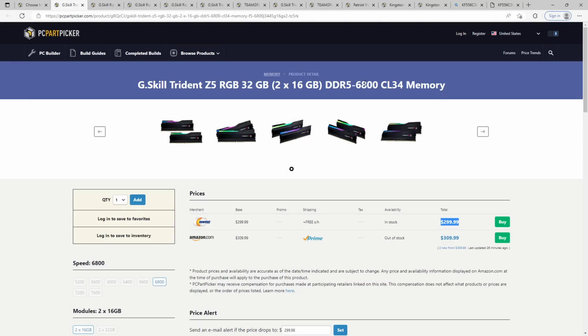4-DIMM Z790 boards with 13th gen will actually run this just fine. Like, 4-DIMM motherboards with 13th gen will do 7000 easily. At least the higher-end 4-DIMM Z790 boards will do 7000 with a kit like this. Even 7200 should be doable on a kit like this, though I think on a 4-DIMM I might go for